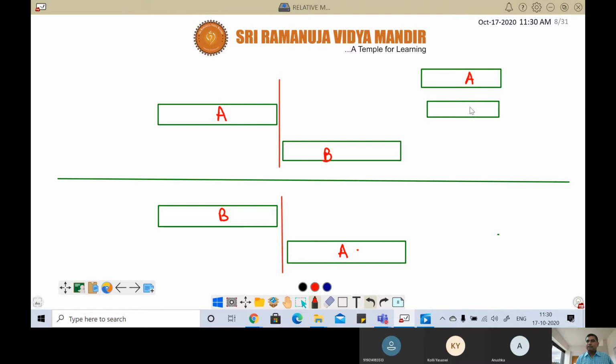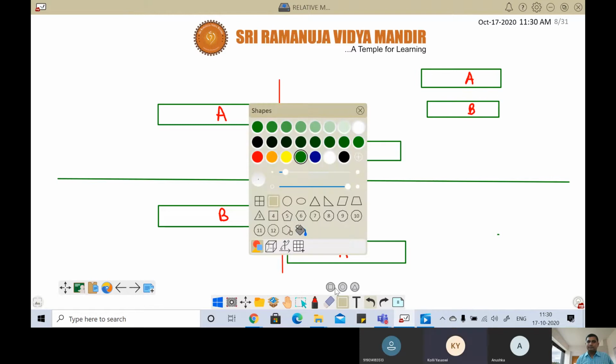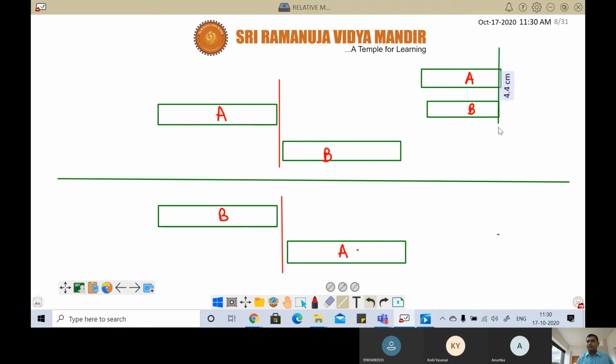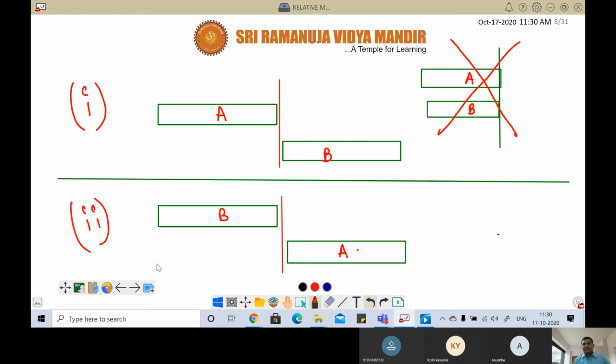Can we draw like this? No, sir. That's completely wrong. Please understand properly, this is completely wrong. You should never draw like this. Whenever this crossing of each other topic comes, we should never draw like this. Please make sure. Either you can draw like this first one or second one. Now within first and second, which one is correct? Tell me.